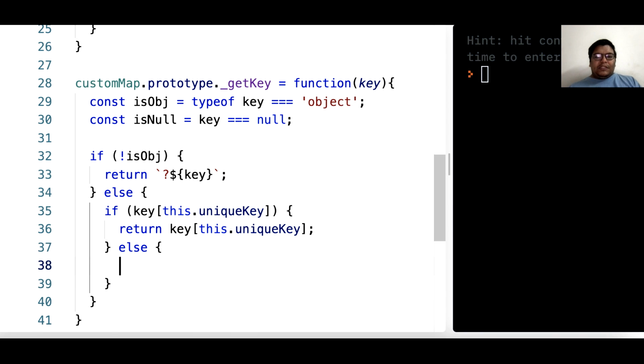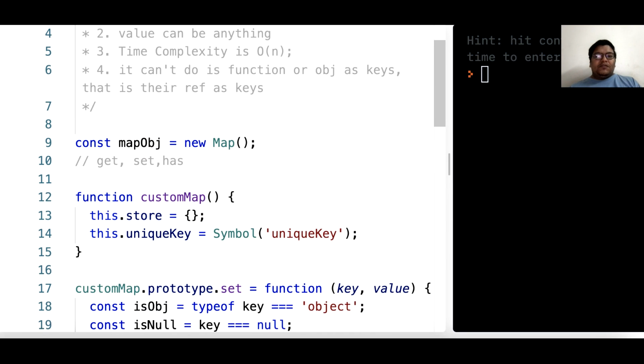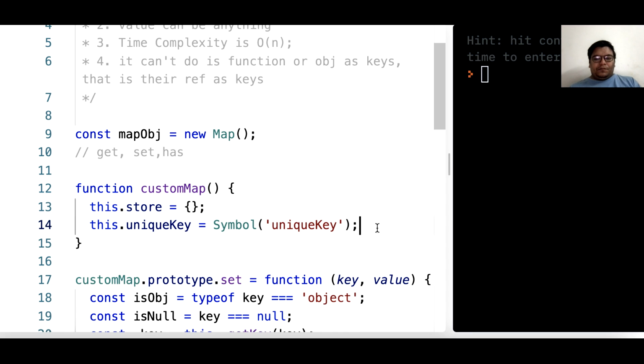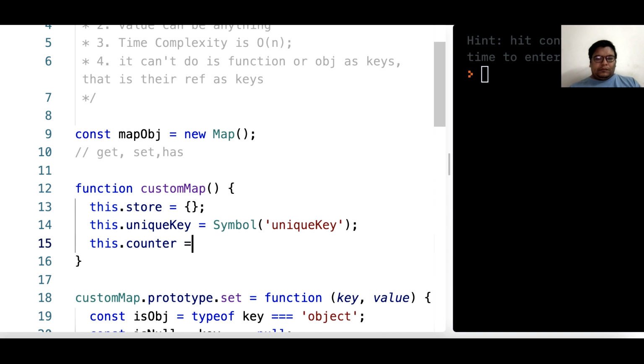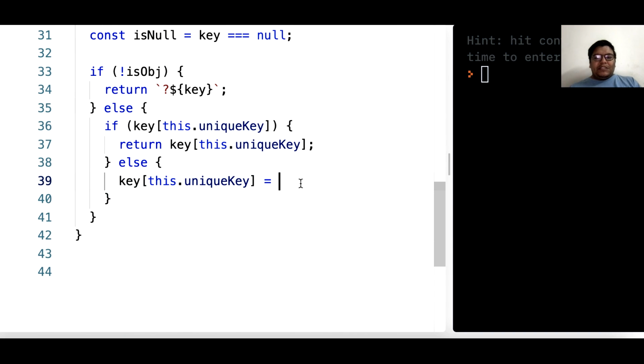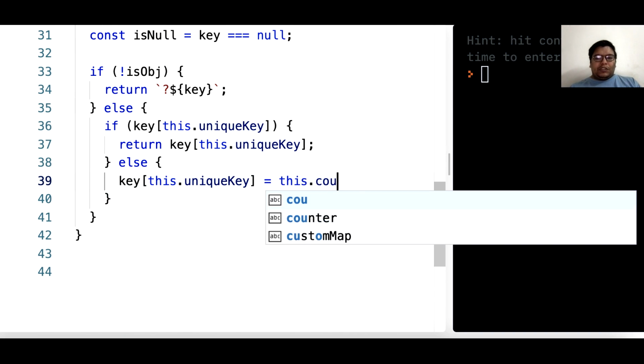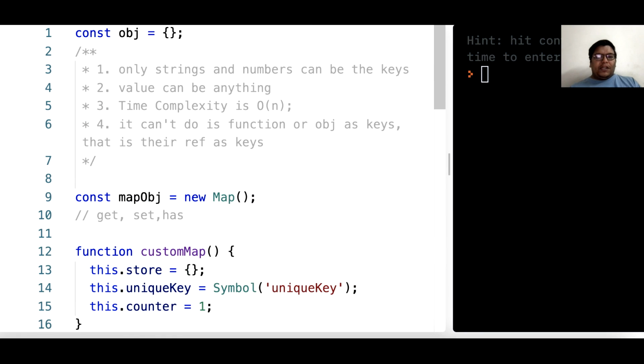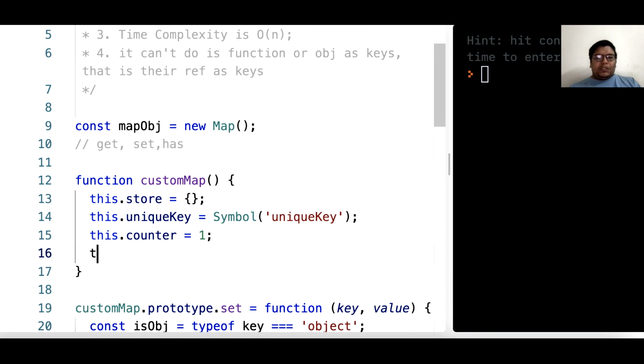Else what we will do is we will set up. So if it's not there, if it's there it's good, if it's not there, we will keep a counter. Let's start from 1. We will set the counter corresponding to it. I will tell you why we are doing this. And corresponding to the counter,